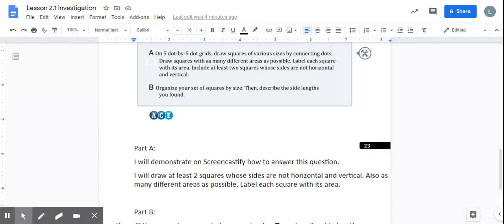You don't have to do anything on it, but I'm going to actually pull it up on my Google Docs so that I can show you how to edit it. Okay, so if I go back down here to Screencastify,